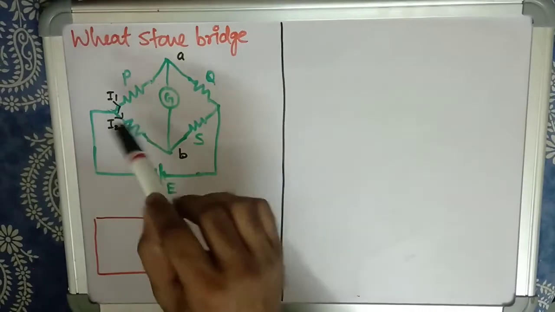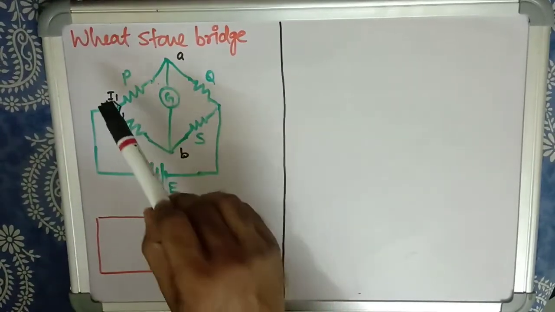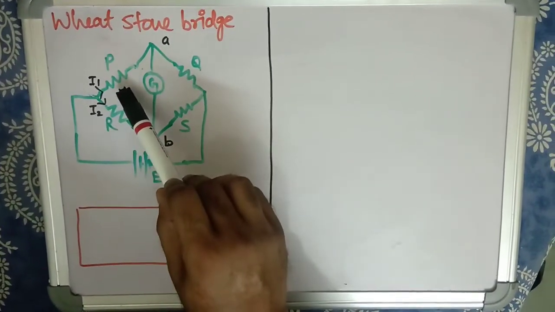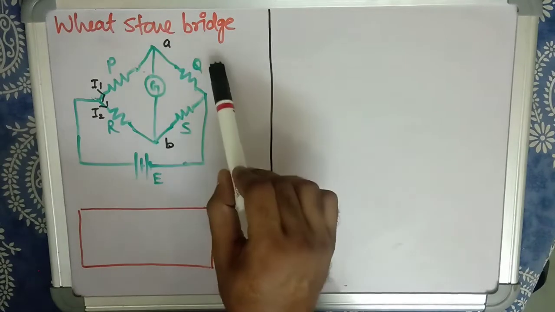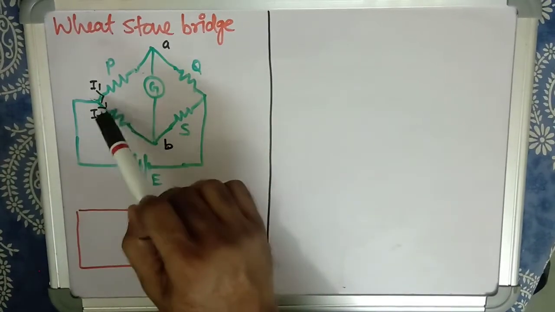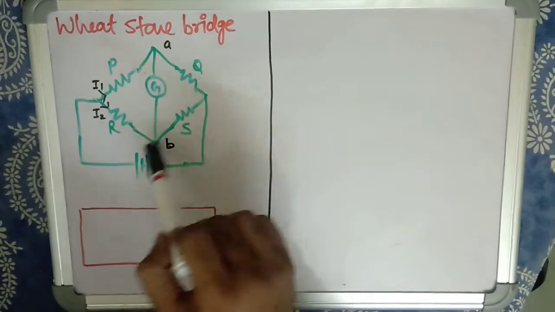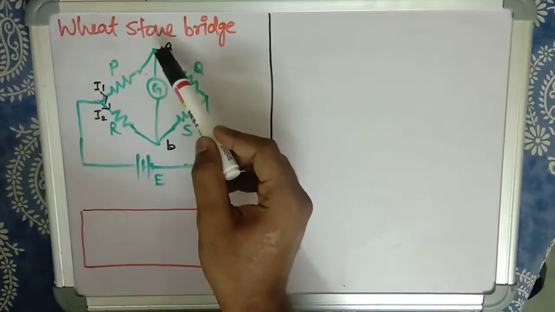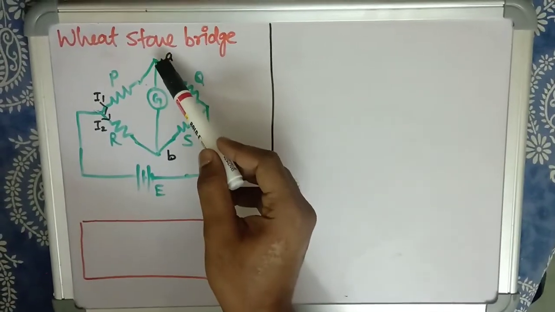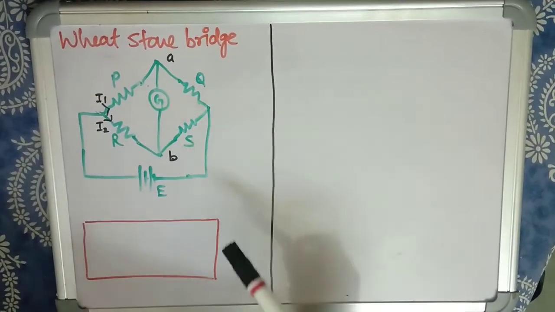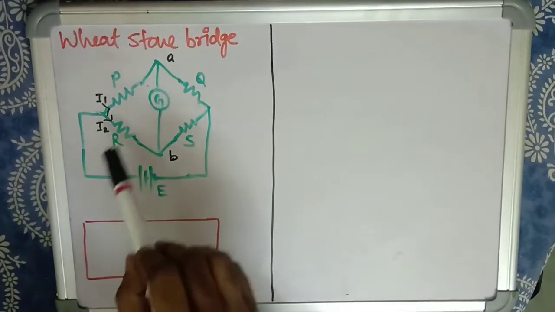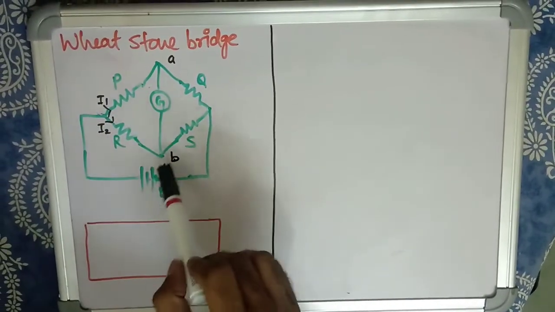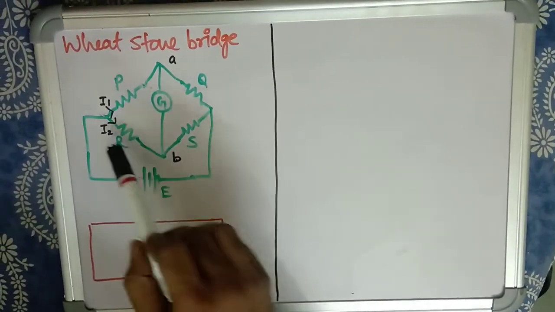So for the measurement of medium resistances, we have our third method, which is the Wheatstone bridge method. In this method we have three standard resistances whose values are known, that is P, Q, and S, and our unknown resistance is R. These are arranged in the sequence as shown, and a galvanometer is connected between position A and B. When the voltage is applied, a current I1 flows through P and Q, and I2 flows through R and S.